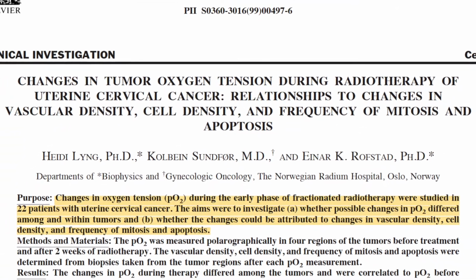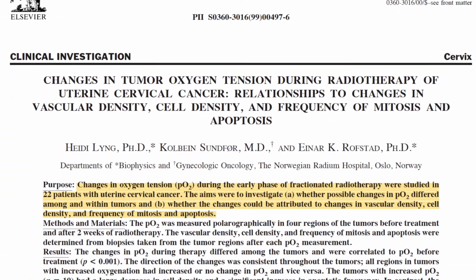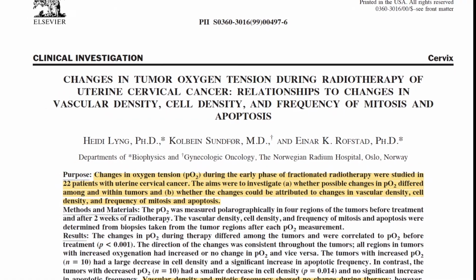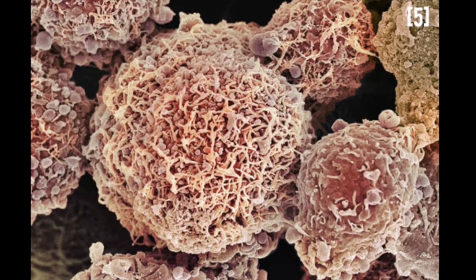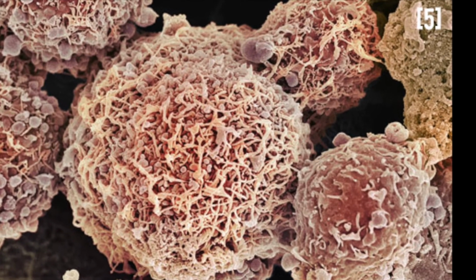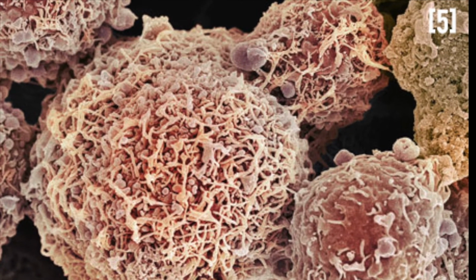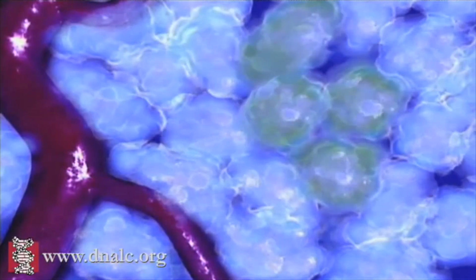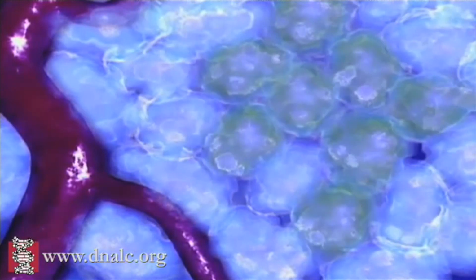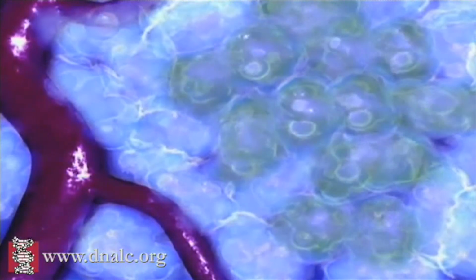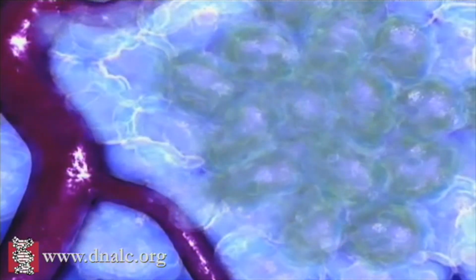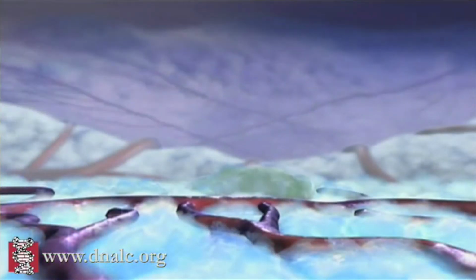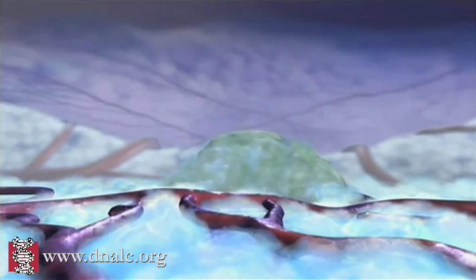A study conducted by Drs. Ling, Sunfert, and Rofstad in 2000 hoped to find that changes in oxygen tension, PO2, would contribute to changes in the cells of 22 patients who had uterine cervical cancer. With experimentation, researchers were searching for a change in frequency of mitosis and cell density occurrence in early phase of radiotherapy for these patients. Although results of the experiment did not show any change in the frequency of mitosis and